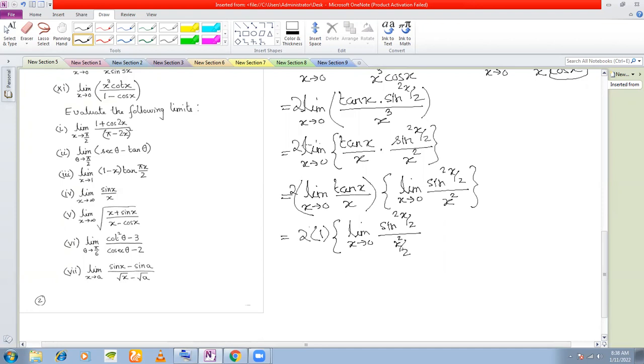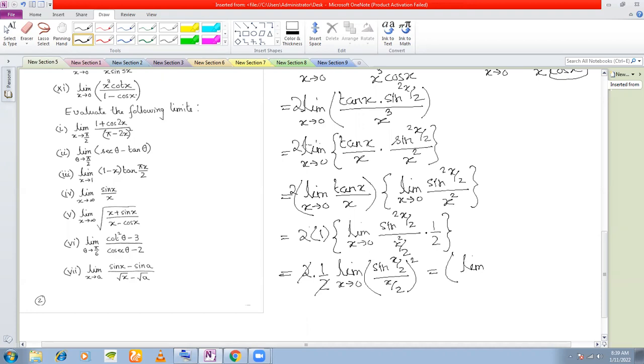So what are we doing? We are multiplying the denominator by half. If you are multiplying the denominator by half, we need to multiply this fraction also by half, isn't it? Right? Now we can take this half also out. So 2 into half, right? Limit x tends to 0. Now what can I write this as? I can write this as sine x by 2 by x by 2, whole square, right? This again cancels. So you're simply left with limit x tends to 0.